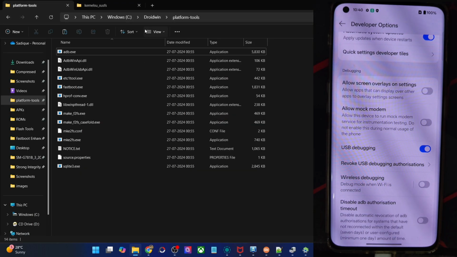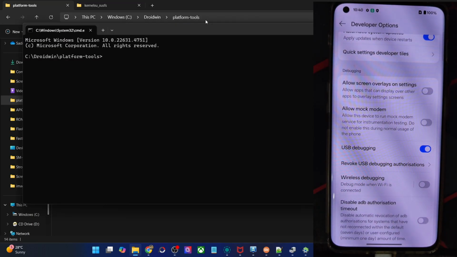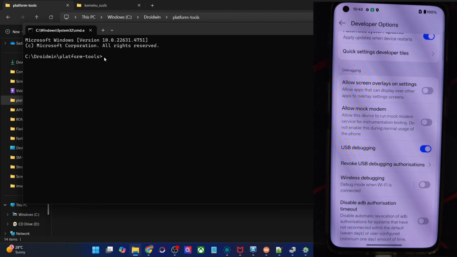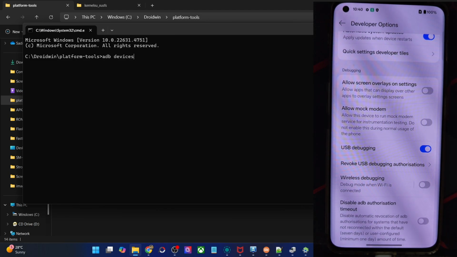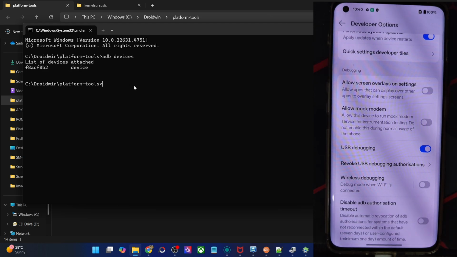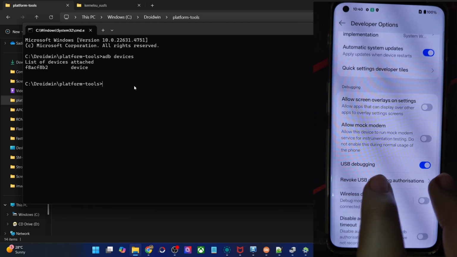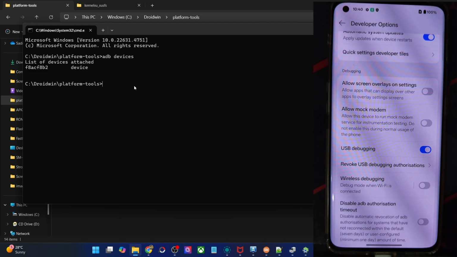Let's verify the same. So go to the address bar of platform tools. Type in CMD, hit enter. This will launch command prompt inside the platform tools directory. Now type in adb devices and verify that you are getting an ID. If you're not getting any ID, then unplug and replug your phone from the PC. Disable and re-enable USB debugging. Tap on revoke USB debugging. Use the official USB cable that came with your phone and use the USB 2.0 port on your PC. So carry out these USB fixes and make sure that you're getting an ID.